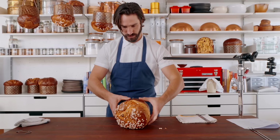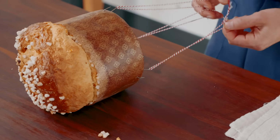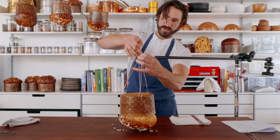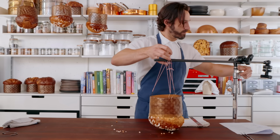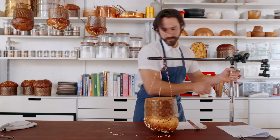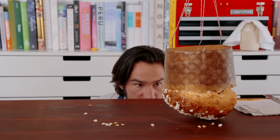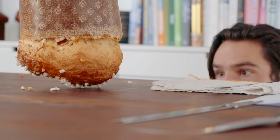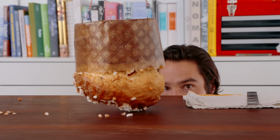Gentle, gentle. Okay, I'm gonna be gentle here. So right now, it's not touching the table. Not at all. But you can see it's actually getting closer and closer